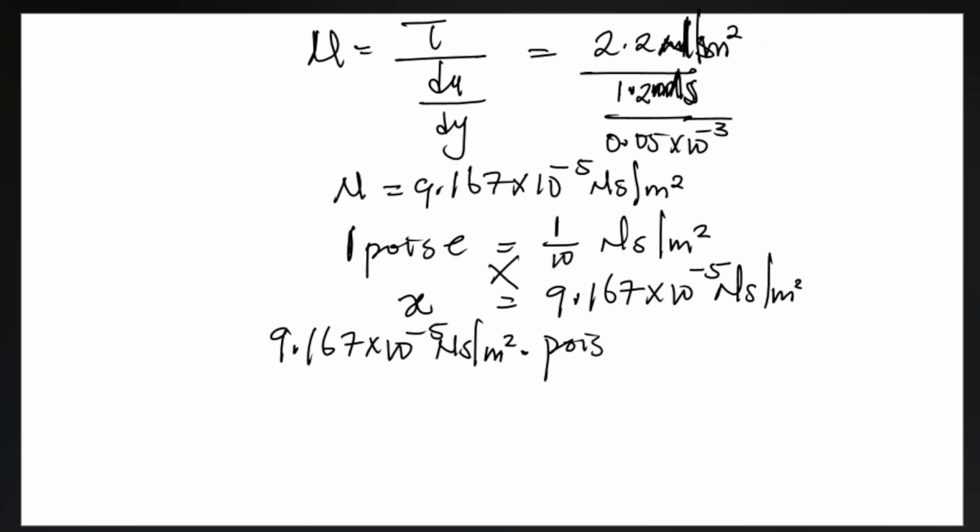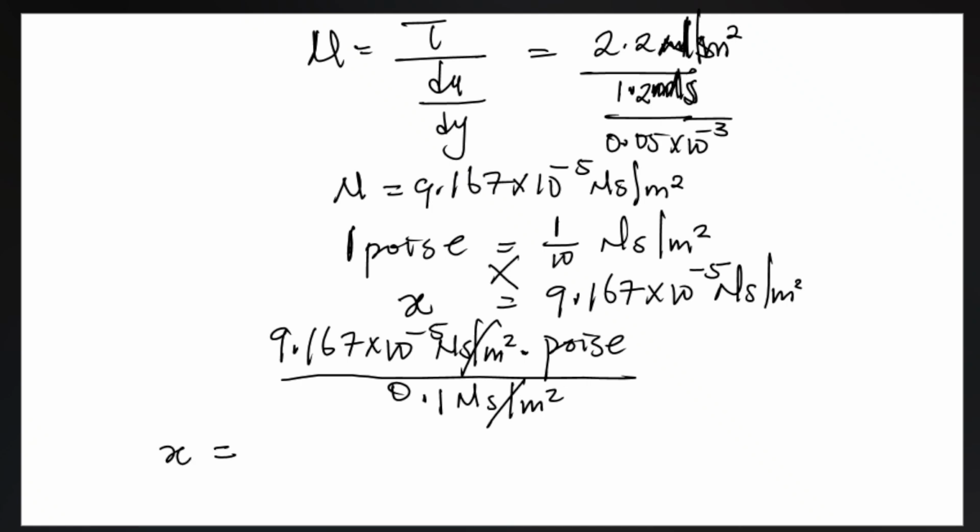And this also will now be 1 divided by 10, which simply gives you 0.1, so this will be dividing 0.1 Newton seconds per meter square, such that this will go out, and you are left with poise here, and your value for your denominator to be 0.1. Now if you punch your calculator,